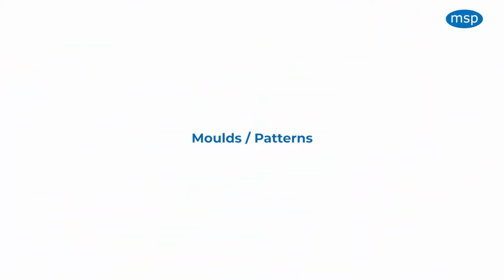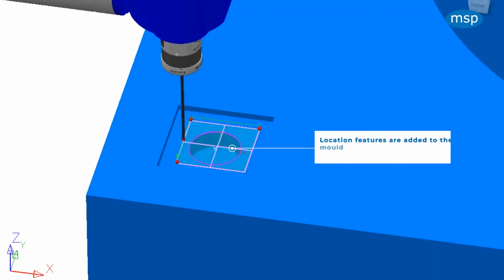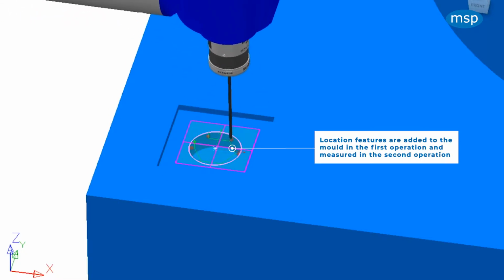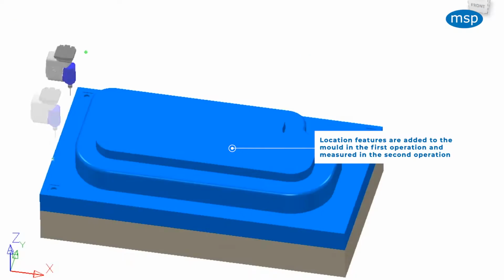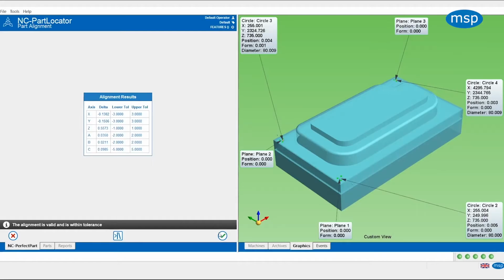We don't just work with the composite parts, we also work with the molds and patterns that our customers use to produce them. So for some of the larger parts, there might be multiple processes to produce the pattern or the mold, and it might be introduced into the machine tool multiple times between different operations or between different machine tools. So to be able to accurately align that part back into the machine tool, what we can do is include some datum features or some location features into that part. So here the example is 3 bores and planes,